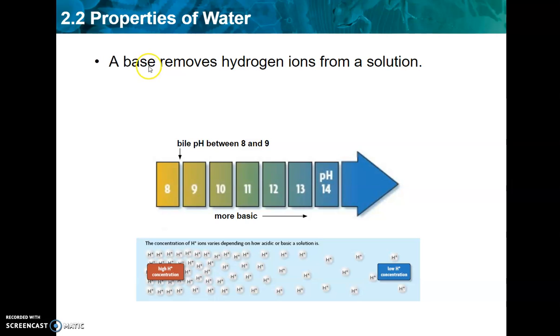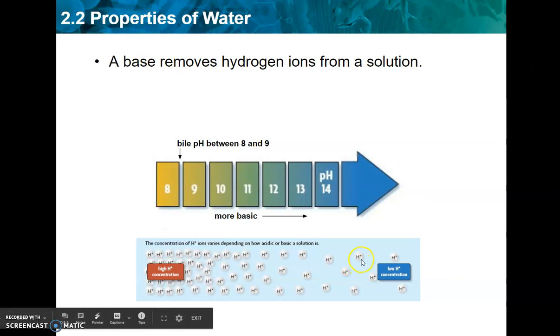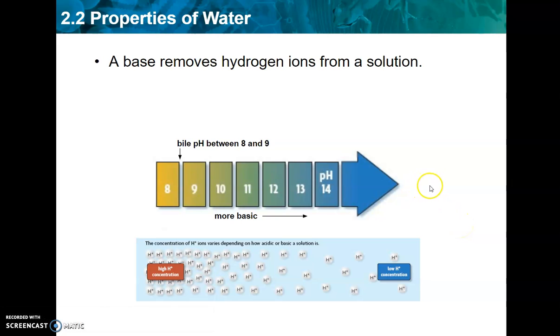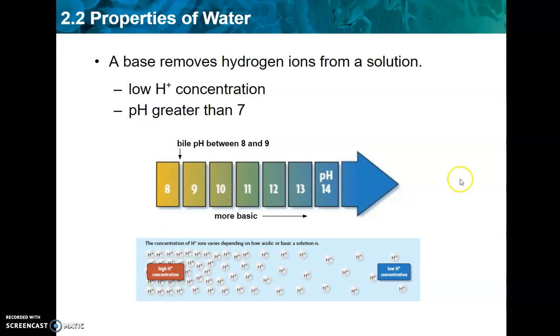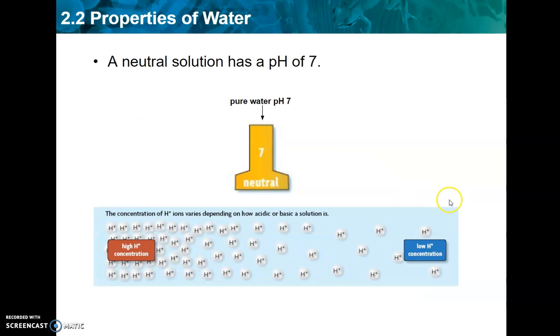Those OHs are bases, and a hydrogen ion mixes with a hydroxide to form an H2O. So it neutralizes. They have a very low hydrogen ion concentration, but their number on the pH scale is very high, so the bigger numbers are basic. Neutral solutions have a pH of 7,